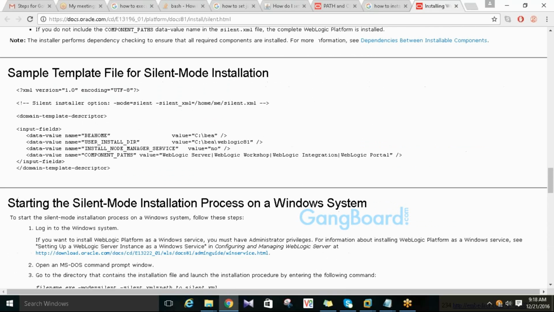At the time of installation, we have installed in two parts. In one part we install WebLogic, in another part we create the admin server and managed server. In the silent mode installation, we are only installing the WebLogic server. We still have to create the domain and the managed servers through the console mode.